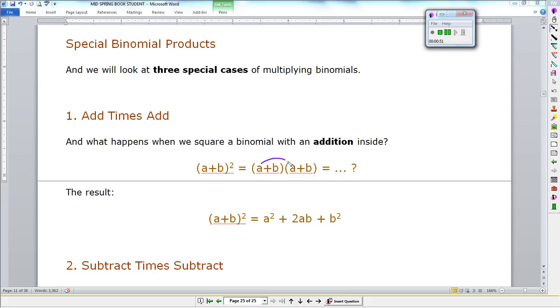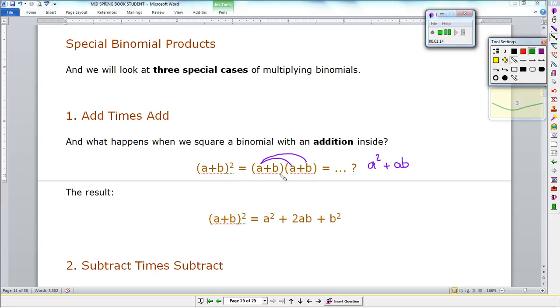You take the first term of the first binomial. You are going to multiply it with each one of the terms in your second binomial. So that will give us a squared plus ab. And now you go ahead and repeat the same process for the second term. So then that will give you